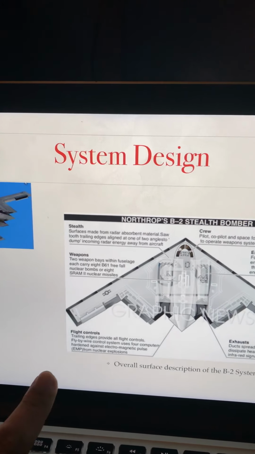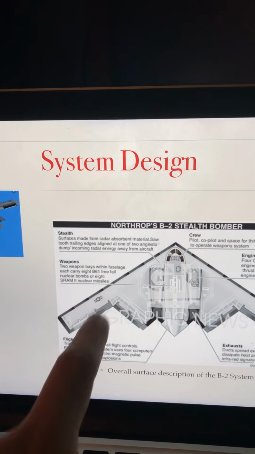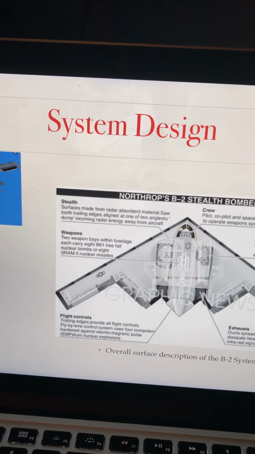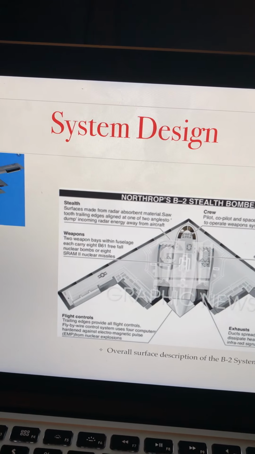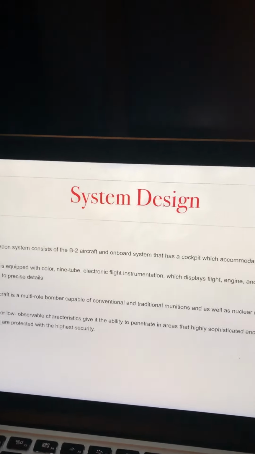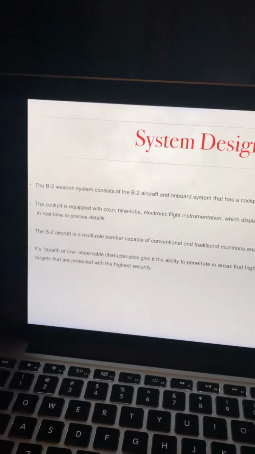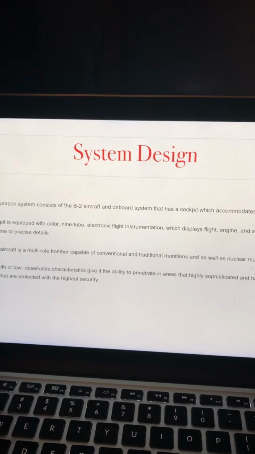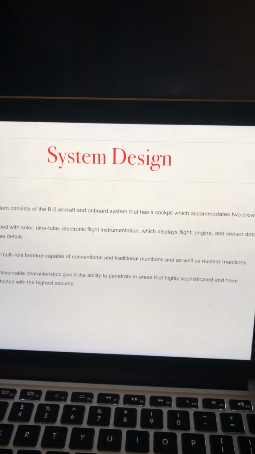And that's the flight control right there, and the in-flight weapons. So 2 weapon bays within the fuselage each carry 8 D-61 free-fall nuclear bombs or 8 SRAM-2 nuclear missiles. So the system design: the B-2 weapon system consists of the B-2 aircraft and onboard systems, which has a cockpit which